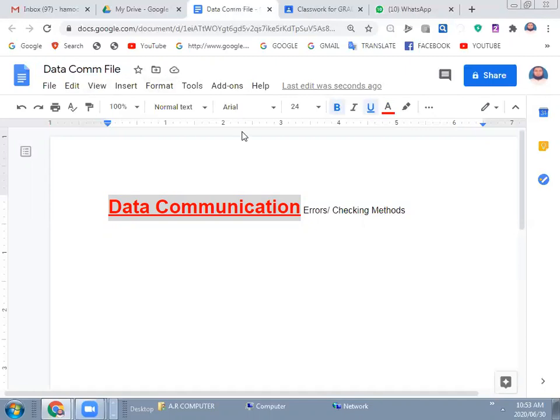Now, one important thing, as I said, you don't need to bother about the saving of your file. See, this is the important thing. Last edit was seconds ago. Whatever you type, for example, I just type a single key K. See this? After a second, this K will be saved.